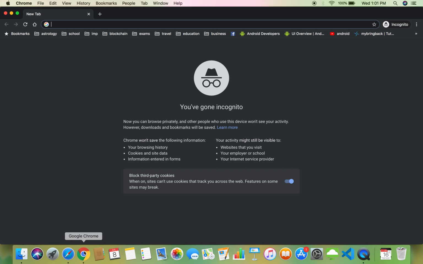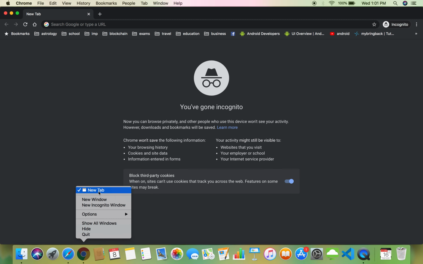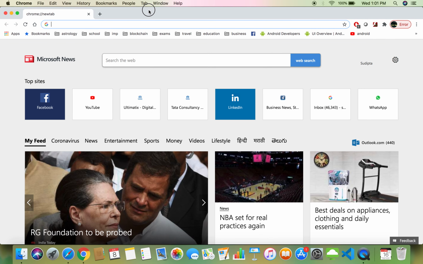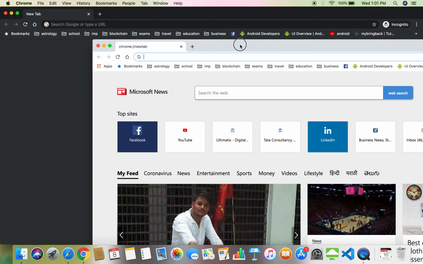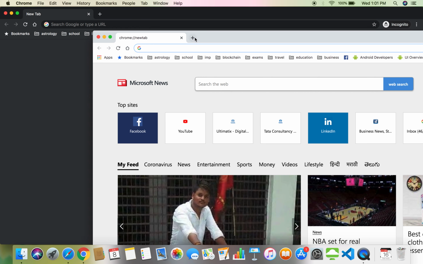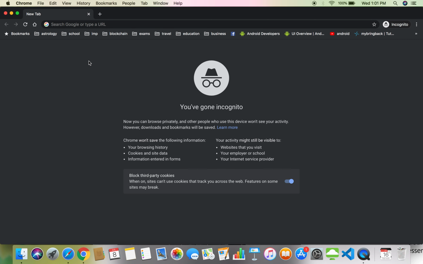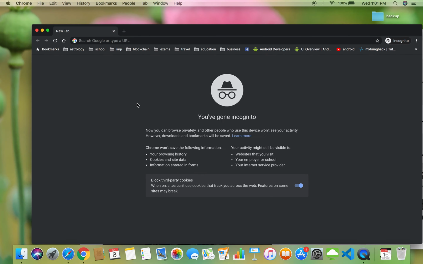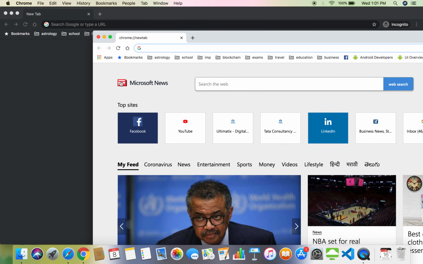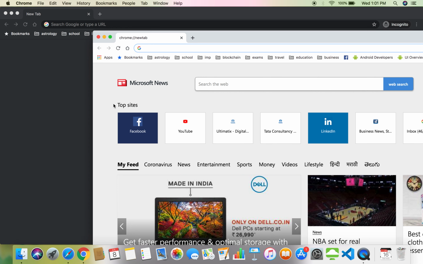If I open Chrome in regular mode, let me open that just to get an idea. Okay, let me just open a new window. So these are the two options we have, right? This is incognito mode, which is dark color, and the normal mode is anyway a white background. So this is how you would know whether you are in incognito mode or in some other mode.